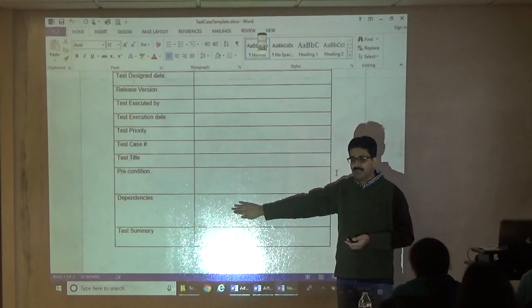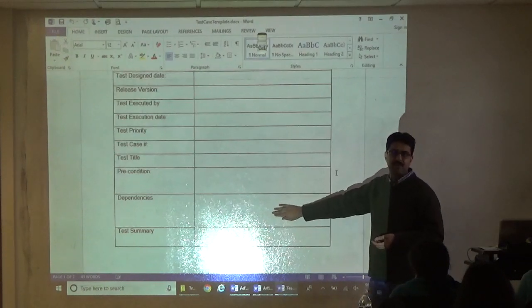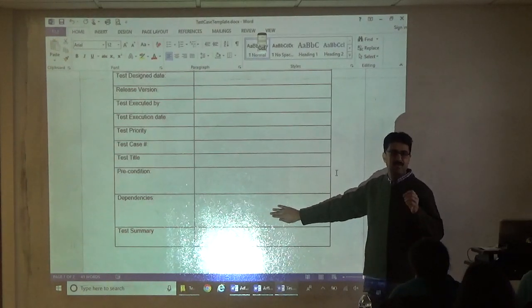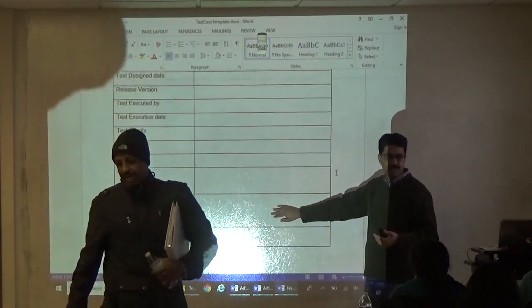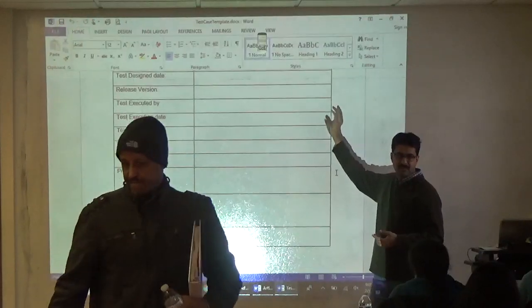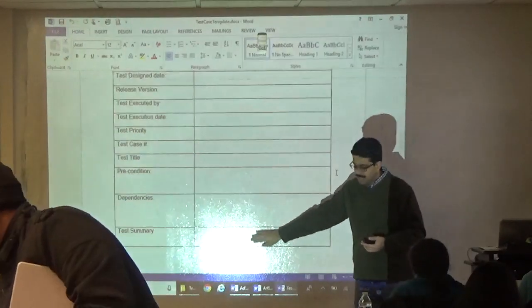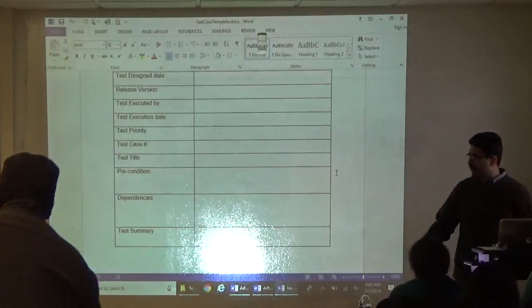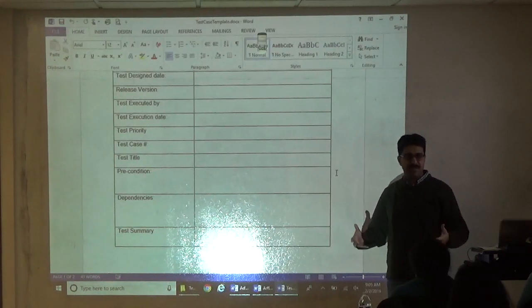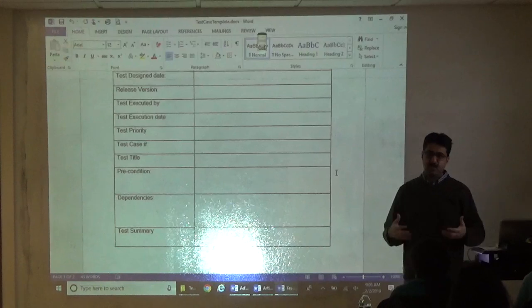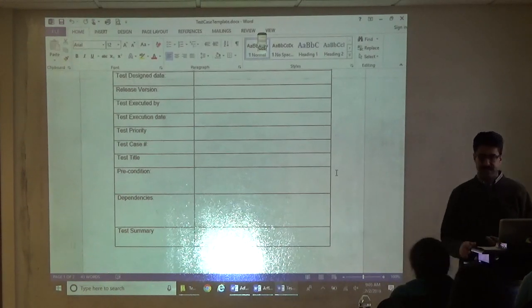The dependency: if this test case is going to be dependent on some other test case or some other module or functions being up and running, then you identify that, hey, you can't run this test case because it has a dependency on this. Okay. Test summary: sometimes you have a title, but you want to provide a lot more detail in the summary to have somebody read an English version and understand what exactly you're trying to accomplish here as part of this